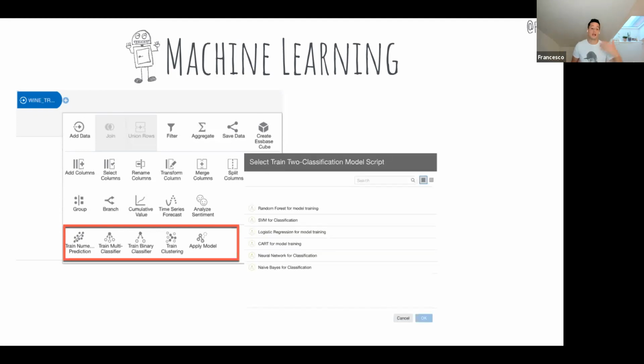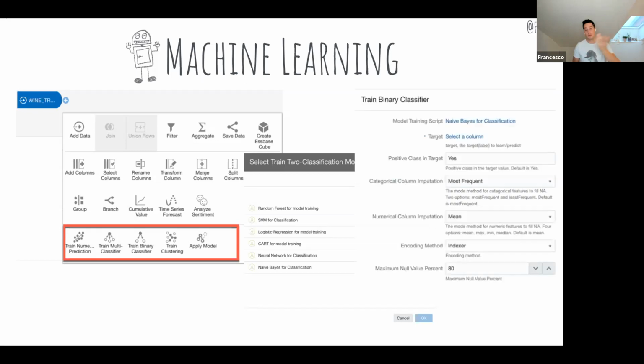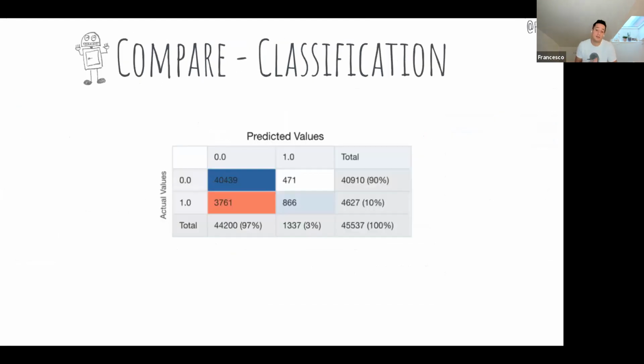Then once you select which problem, it will allow you to select which type of algorithm you want to use. And within which type of algorithm, you will be able to select which type of parameters you want to apply. It can be a little bit hard to understand which type of algorithm or parameter. The good thing about the machine learning bit in OAS and OAC is that it gives you the output of the machine learning model. In the case of a classification, it tells you the confusion matrix. So you can understand the results of the model, and you can somehow